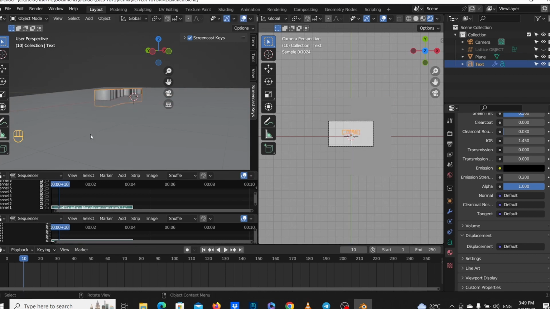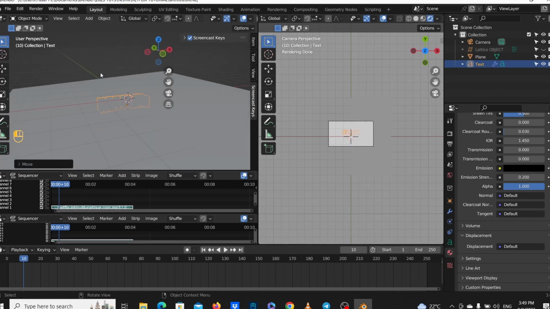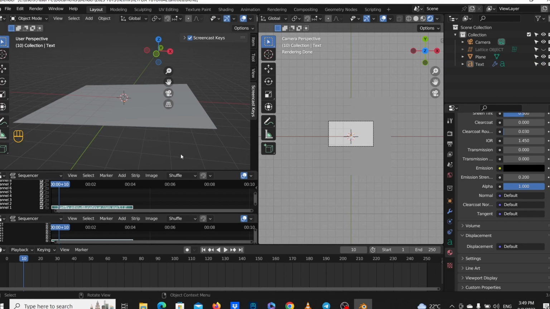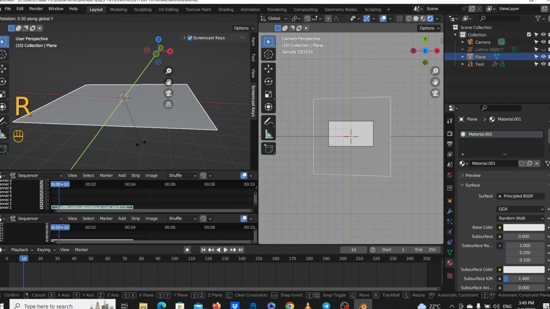So I went GZ and I just put it right below our plane. Now we can do that rotation of the plane. So we have our plane selected, R Y minus 3,